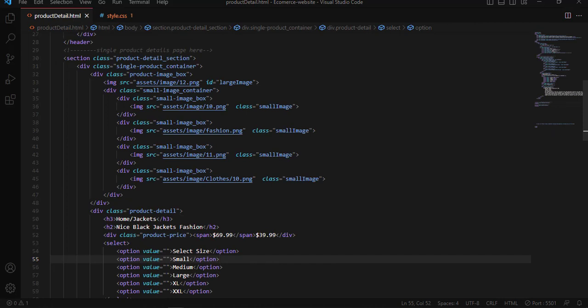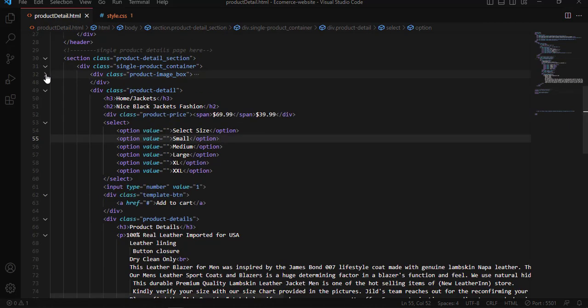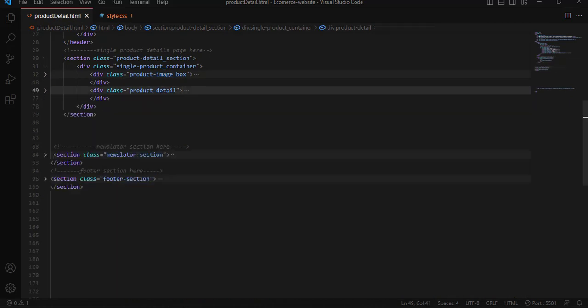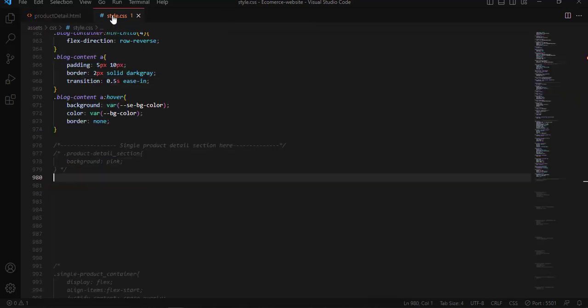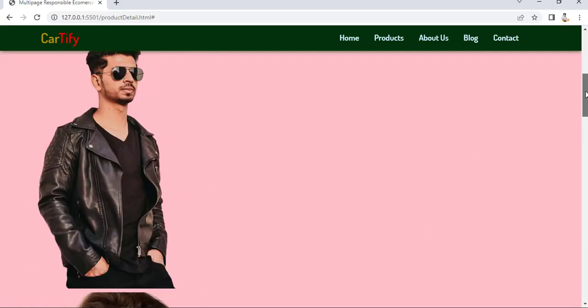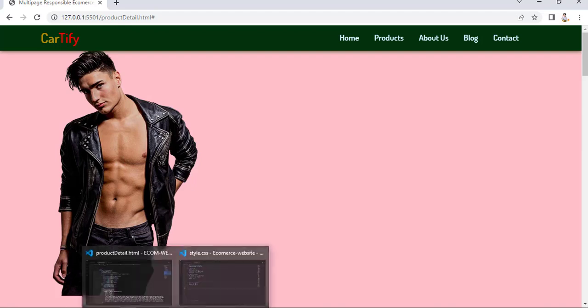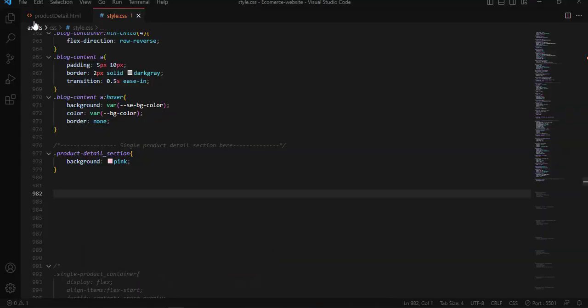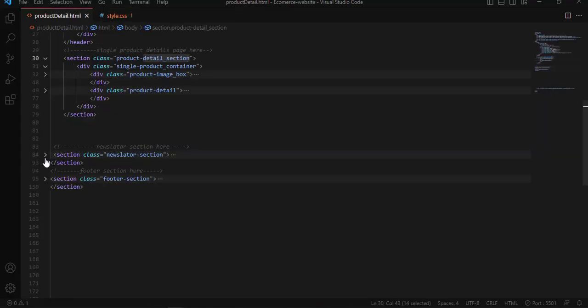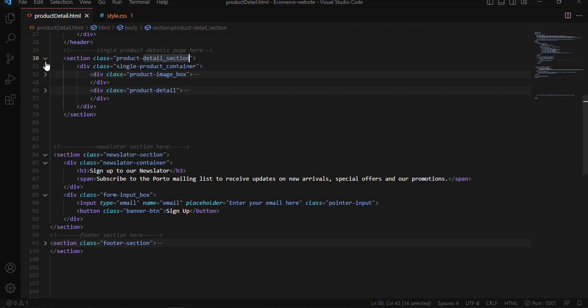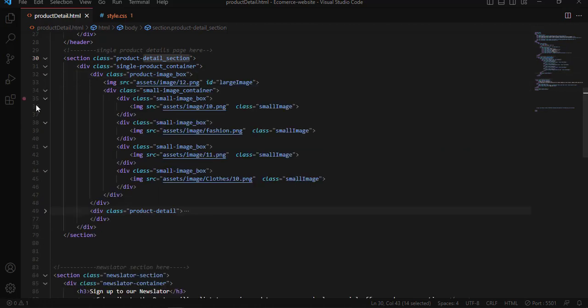So now let me style this. To style this, we need to use, first, let me change the background color. So to change the background color, we are going to target this class selector right here, and then here we have pink background color. After that,